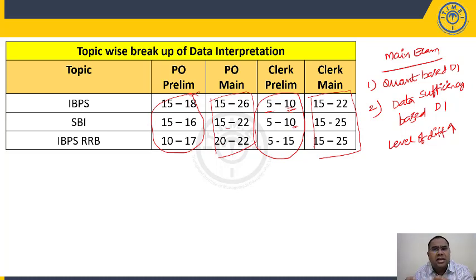Those are based on simple addition, subtraction, percentage based concepts, right? So we'll look at those questions, you'll understand. But I am saying prelim level DI is easy, never afford to lose marks particularly in data interpretation, whether you take your PO prelim as well as your clerk prelim. Clerk prelim is still easier. This session will take up clerk prelim questions, right?